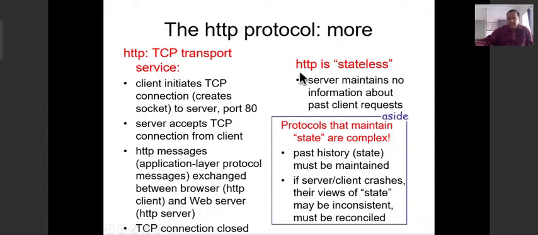Next, on the right hand side, there is a statement written in red. HTTP is stateless. Meaning, it does not maintain history. Whenever there is a request coming from an HTTP client, the server responds back and closes the connection.